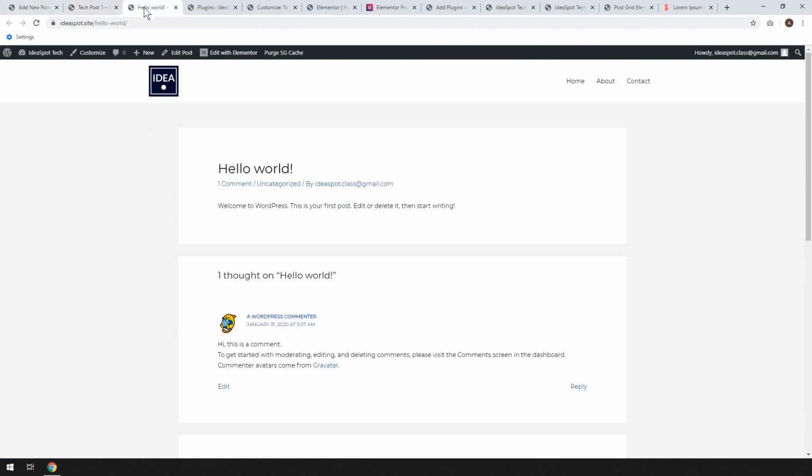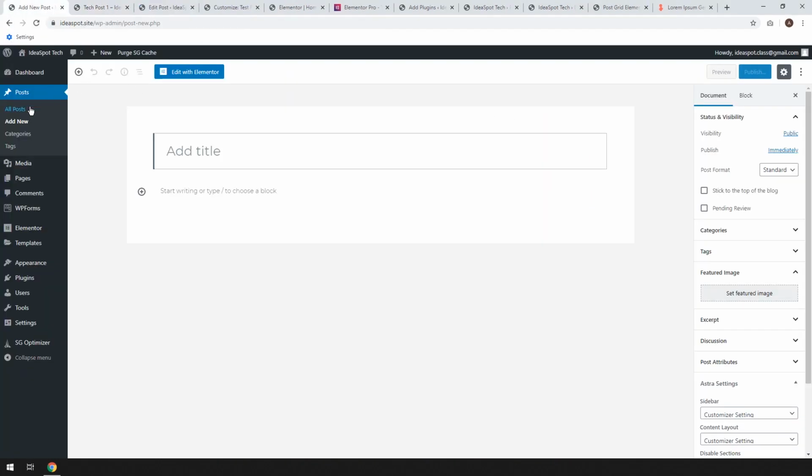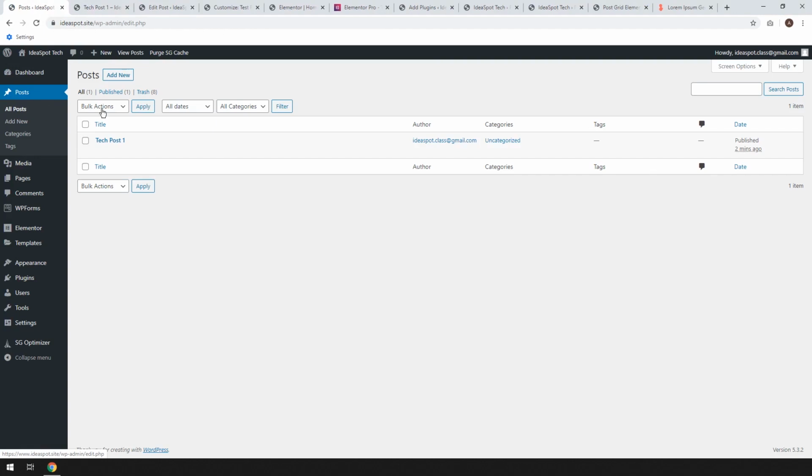Let's go back to our post. To edit the post, there's a few different ways you can get there. From the actual post itself, there'll be an edit post option in the header menu there, so you can go ahead and do that. The other way is just through the dashboard, posts, all posts. You'll be able to edit your post there. But anyway,